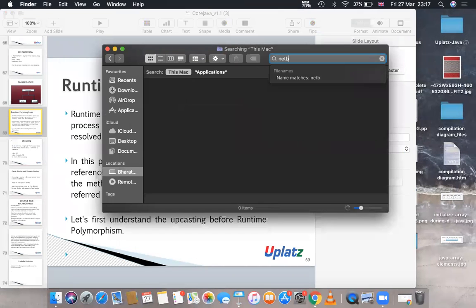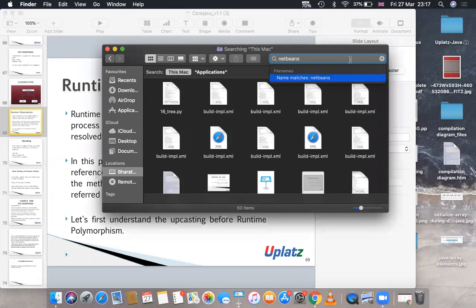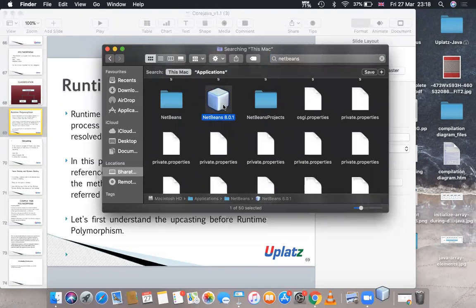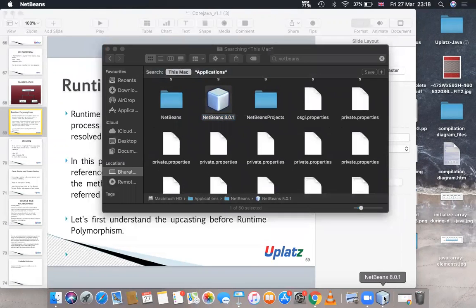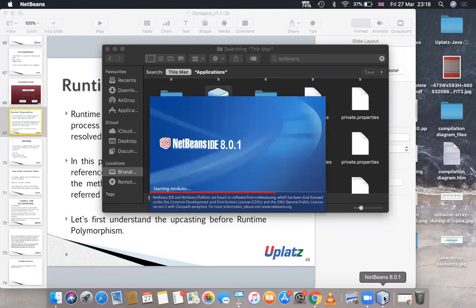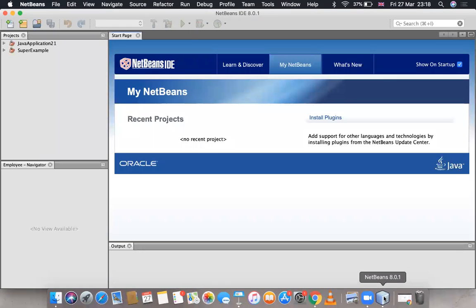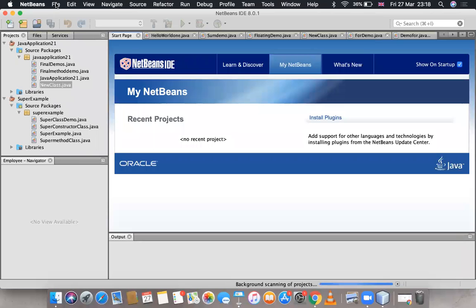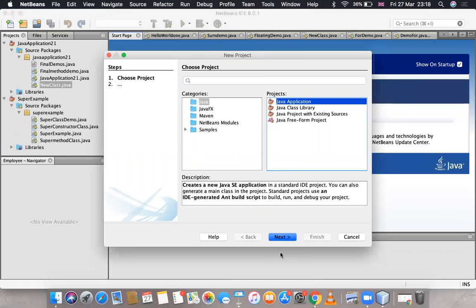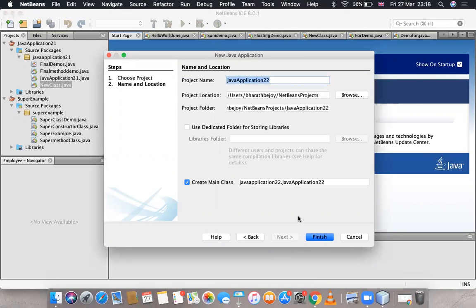Let me open NetBeans. My NetBeans is loading. Let me create a new project: File, New Project, Java Application, Next.